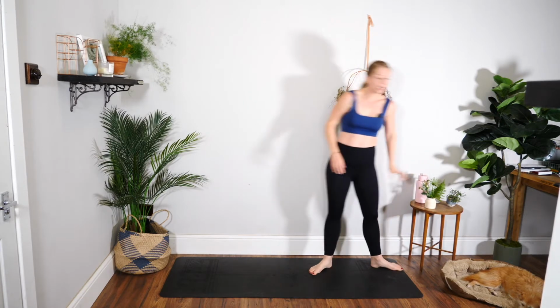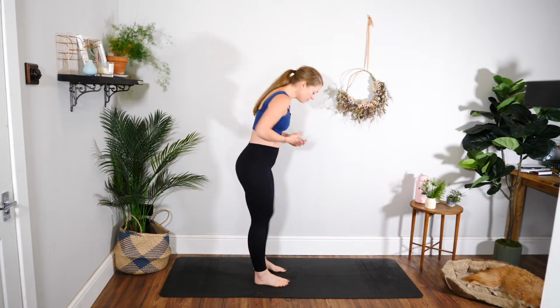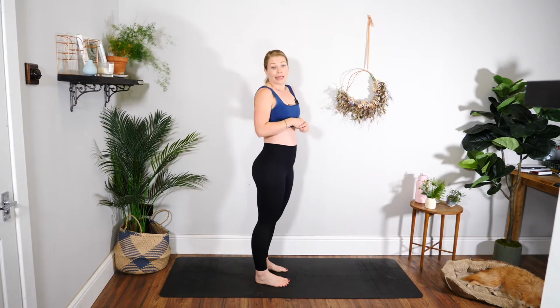Now, we're going to go into our first round of Pilates. And we're going to do this in standing because that's so functional, because a lot of the time we are in standing, especially when the babies are here. And if anyone's planning a vaginal birth, we're going to want to try and stay upright and active to help that along. So I want you to come to the middle of your mats for me